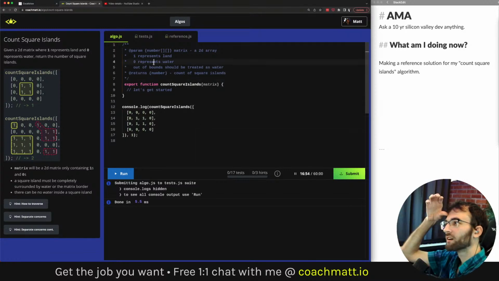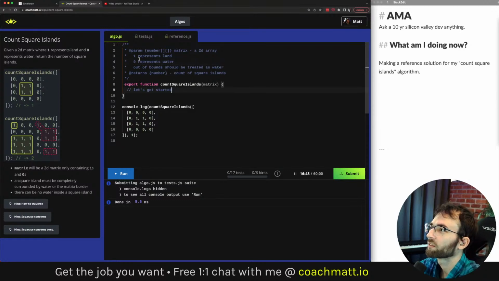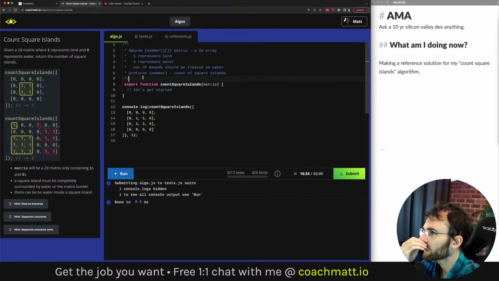All right. So I have this count square islands problem, which is a variation on top of the very popular count the number of islands problem that you may have seen. It's really popular. It's on LeetCode, Geeks for Geeks, all the other sites. I think this is an interesting variation that adds additional criteria on top of what you're searching for.